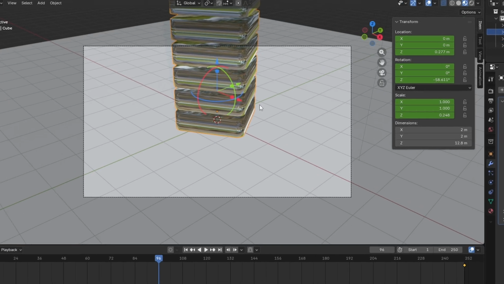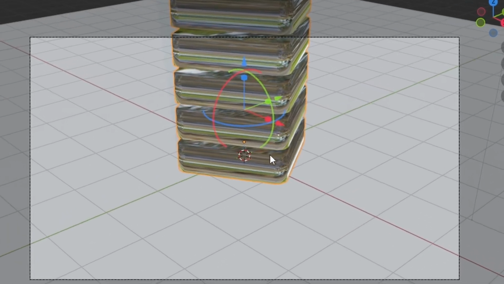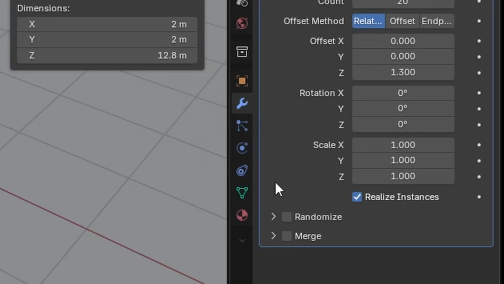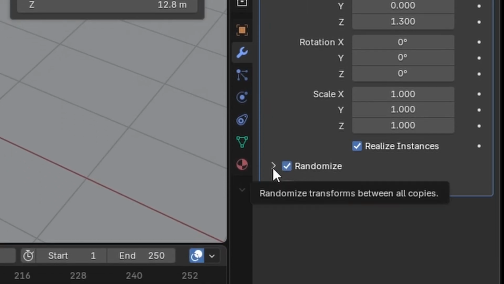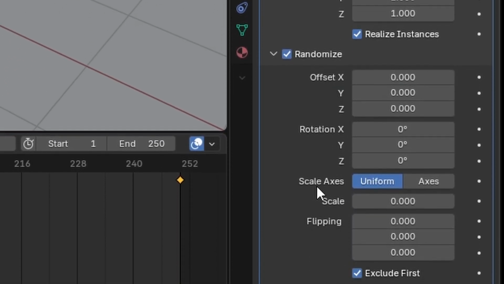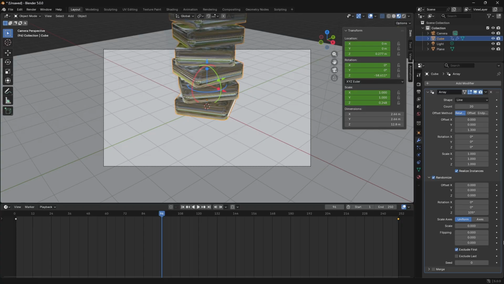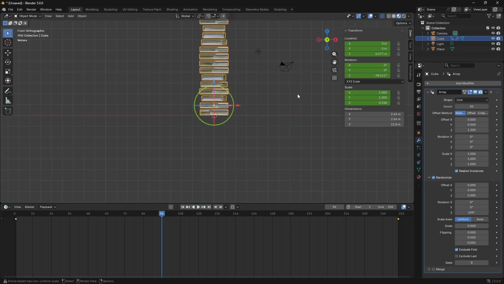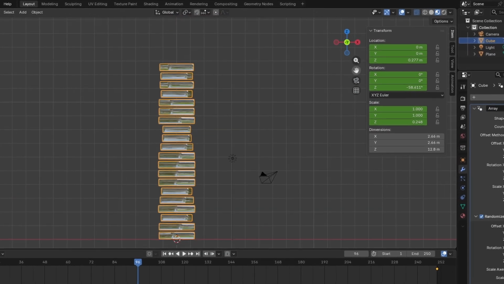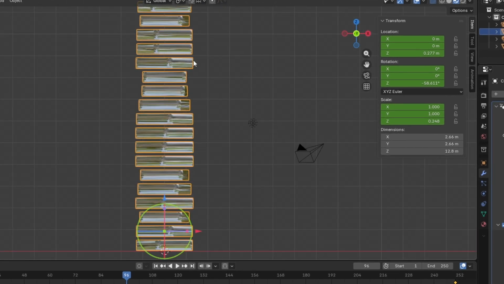So let's fix that. What we'll do is we're clicking on the cubes, we're going to come over to the right hand side and see here under the wrench, remember the wrench just here, it's got a little icon that says randomize, just tick that and then drop down like that. Now under the rotation values, if I go into the Z one and type in say 105, look what happens. All the cubes, I'm using the middle mouse button to go in and out of there, are now randomly rotated